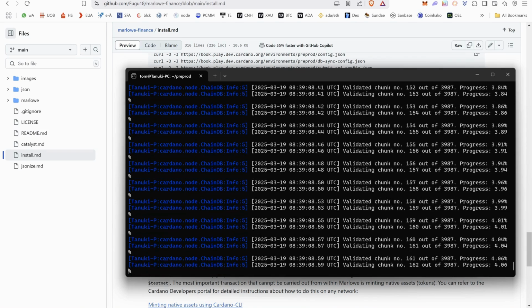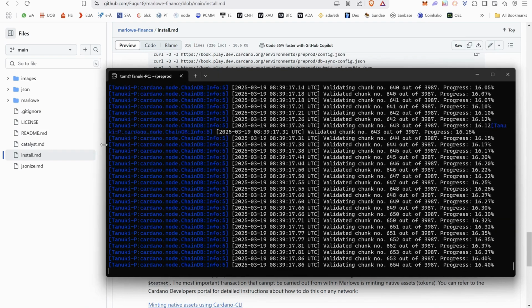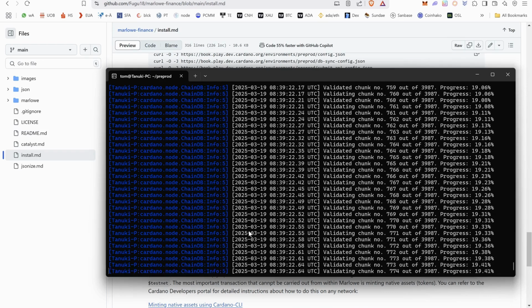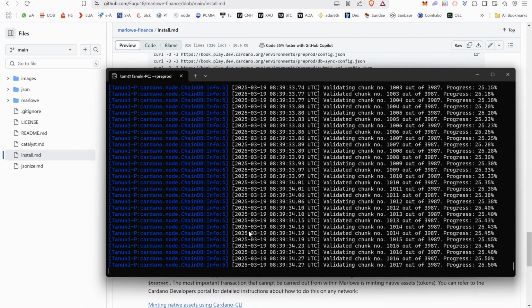And it will first validate your database, that everything is as expected. And after this has finished, it will start syncing the node to the current tip of the blockchain. And as I haven't done this for several days, it will probably take a few minutes to get to the current state of the ledger. And that will also give us the chance to try some commands of the Cardano command line interface,